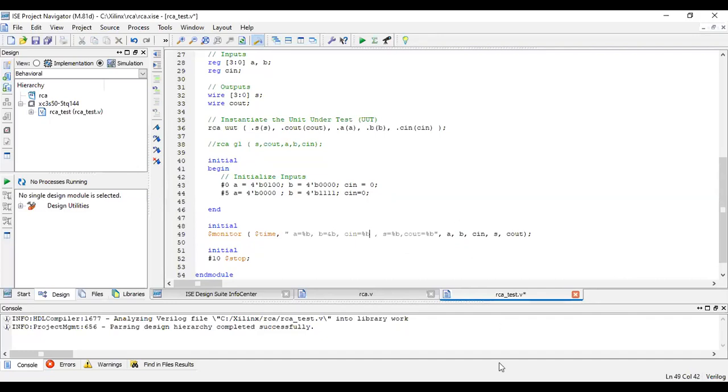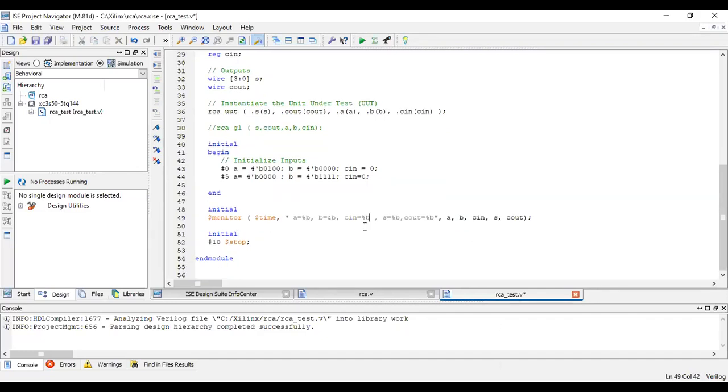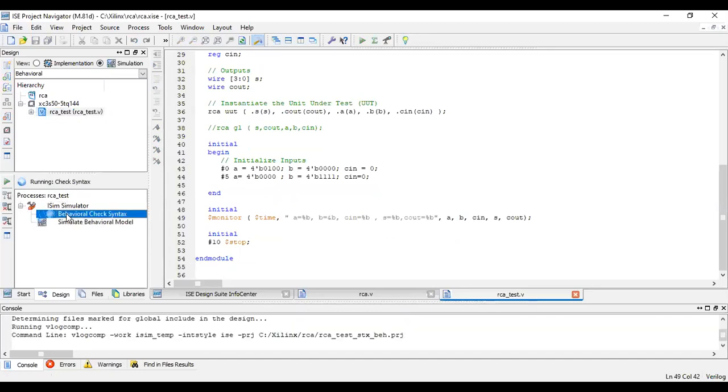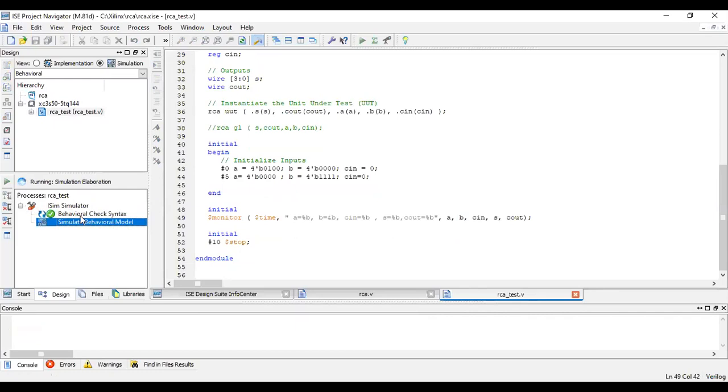Since it is in binary format, we have given percentage B. So let me save this and check the syntax. I should click simulation over here, then ripple carry underscore test, then only this will open in the processes. Check syntax. I will not get any errors, but you should make sure that you do not get any errors.